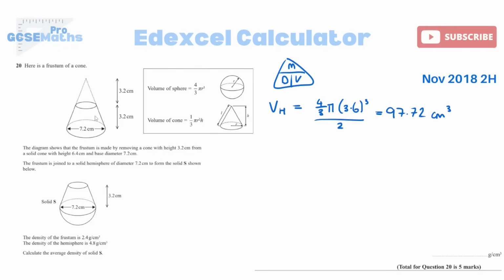So obviously to find the volume of a frustum, you have to find the volume of the big cone and then subtract, or just chop off, the volume of the top cone, the small cone. So it's a few different steps. Volume of, I'm going to say big cone, again so we don't get mixed up. So we've got the big cone